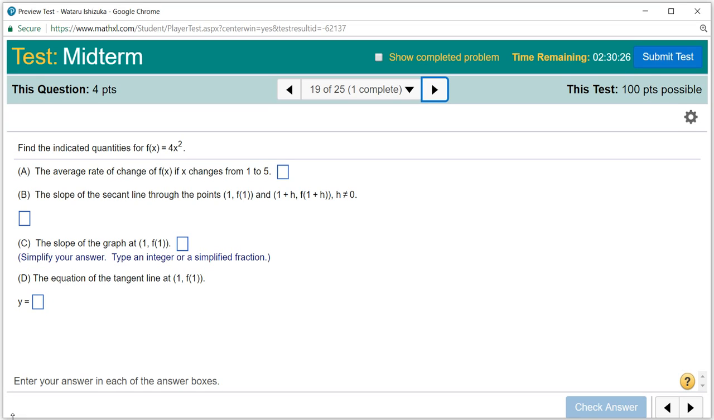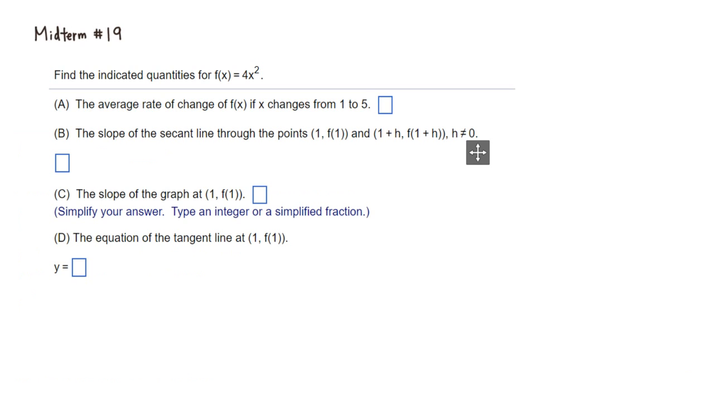All right, let's look at midterm problem number 19. We have this function f of x equals 4x squared. For part A, we want to find the average rate of change of f of x if x changes from 1 to 5. Average rate of change is really the same thing as the difference quotient. So we just need f of 5 minus f of 1